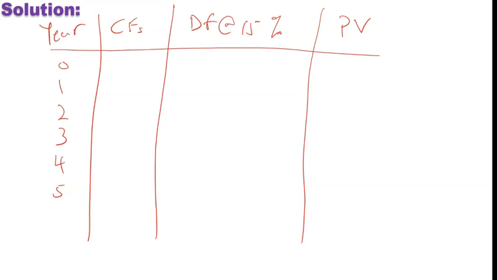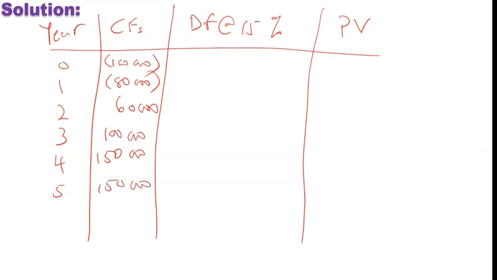And then the cash flows: negative 100,000, negative 80,000, 60,000, 100,000, 150,000, 150,000. The discount factor year 0 is always 1, and then from our tables, this is 0.870,